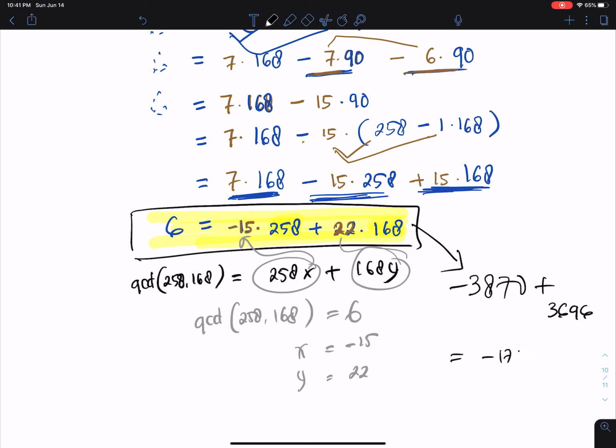Maybe I mistakenly did the calculations. Let's check. Supposed to be here is 6. Hold on, so we'll check first where we got this wrong. Okay, I will try to do it one more time and check our calculations where it went wrong.